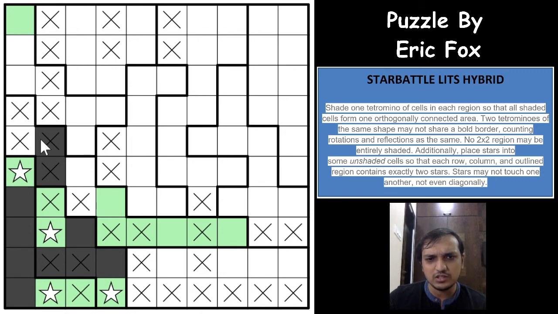Now this region would have to have a Z shape, right? S shape, I would say. Either this way would be an S, either this way would be an S, either this way would be an S, which means that you can make sure that you don't form an S here. So this also won't be a tetromino cell, neither will this be a tetromino cell. Superb.